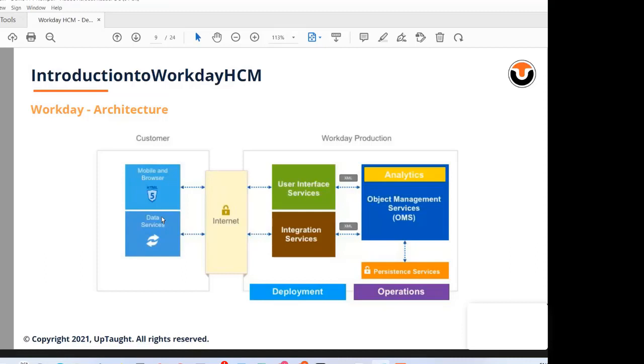basic integrations that will be there for HCM, it is mainly the two-factor authentication. So few companies might use Okta as two-factor authentication. Some companies use the Microsoft Authenticator, where once we input the user ID and password, it will ask for the second factor authentication passcode. So how that integration happens is the technical team will configure it based on the requirement